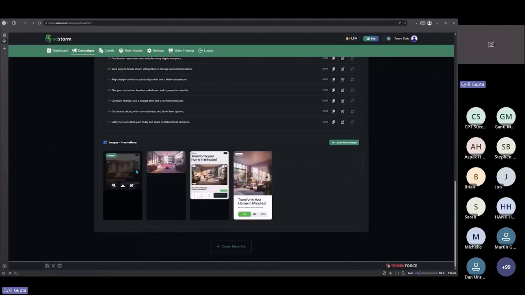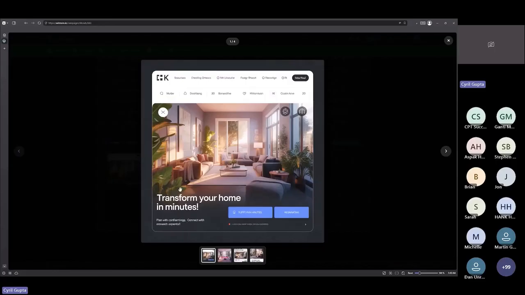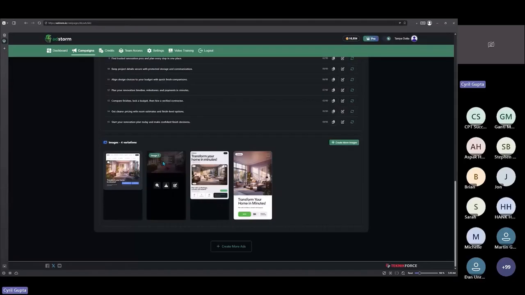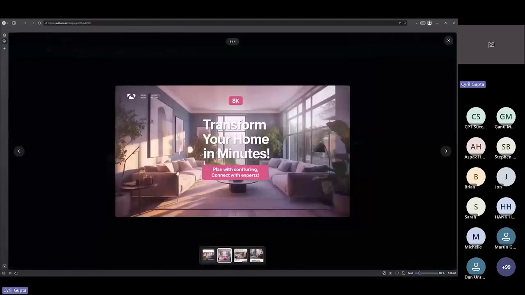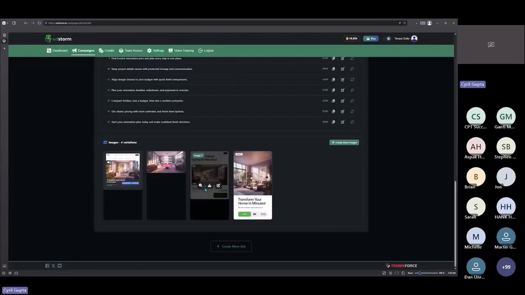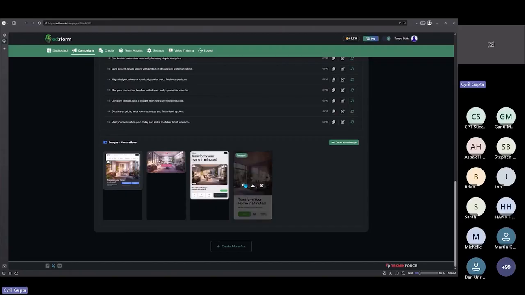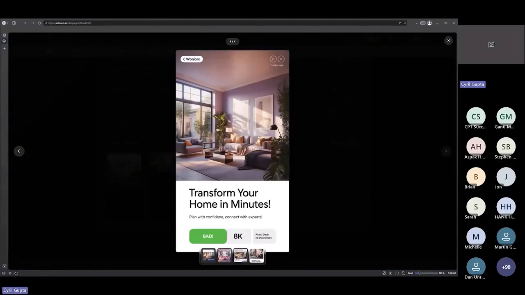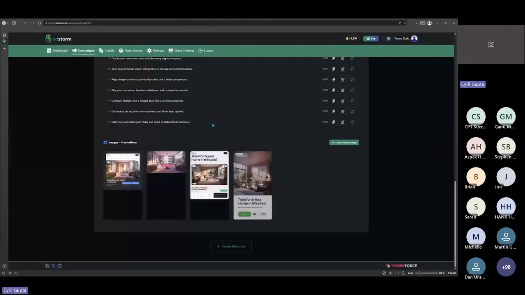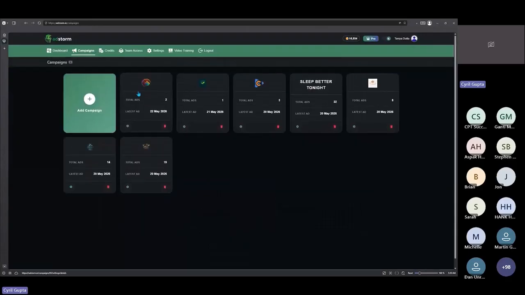And I want to remind you of one thing. These variations are true variations. For example, the square sized image is the same image visually. It's the same ad visually, but when you look at the widescreen image, it is not distorted. So they're not trying to force you to put a square image into a landscape image. No, it's all done professionally like a real designer. For example, this one, look at this. The composition is in a manner where it suits the vertical ad. So all the graphics are done in a way where you get perfect results for every single ad type, right?